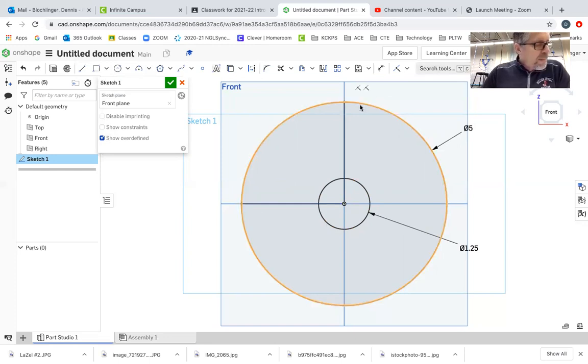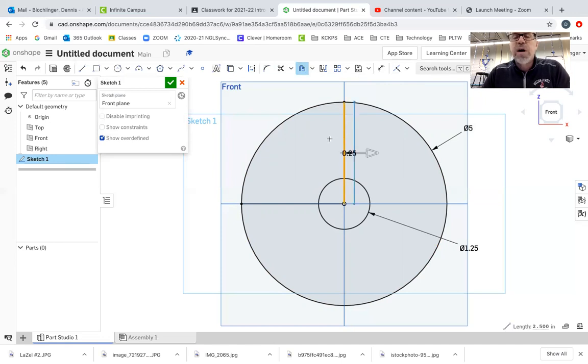Now, we've got a bunch of notches on this drawing, don't we, to do. I'm going to use the offset command. Offset copies a line a specific distance. So there it is. There's the offset. An object doesn't have to be a line. It could be an arc, could be a circle, whatever. So I'm going to pick on the line that I want to offset, and I'm going to pull it this way because